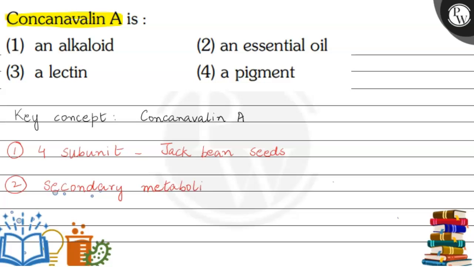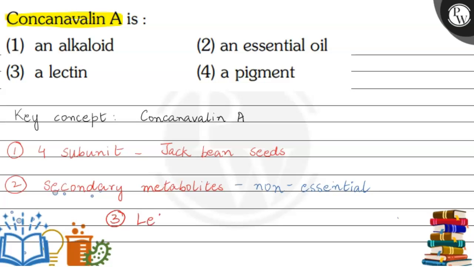Now, basically, metabolites are intermediates or products of different metabolic reactions. And secondary metabolites are types of metabolites which are actually non-essential metabolites. So, if they are absent, then it would not cause any immediate effect on the organism in which the secondary metabolites are produced. So secondary metabolites are the non-essential metabolites. Now there are various types of secondary metabolites, but the type to which concanavalin A belongs is